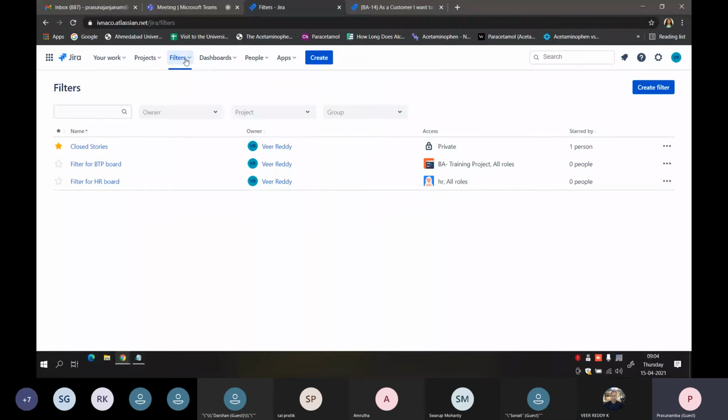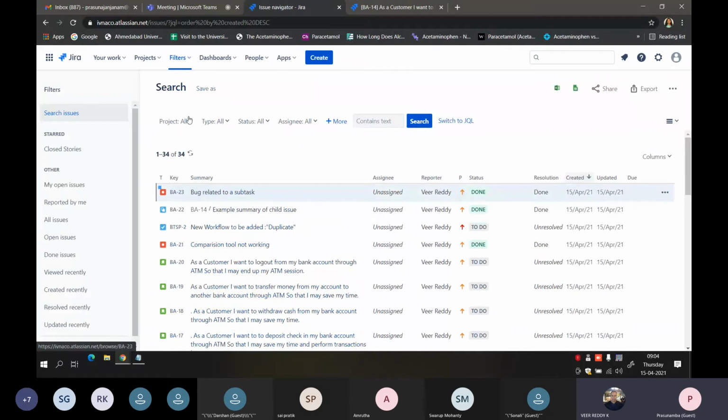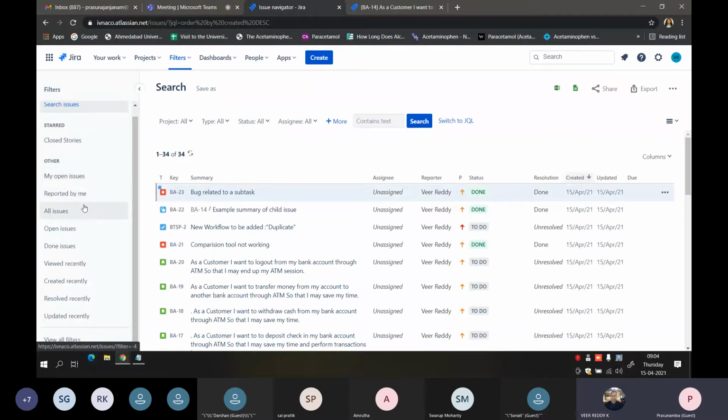And if you want to go for the advanced issue filter, Jira gives you an option of filtering the data according to your needs. See, as I told you yesterday, there are a few filters that are already given as a default, and you can create your own.